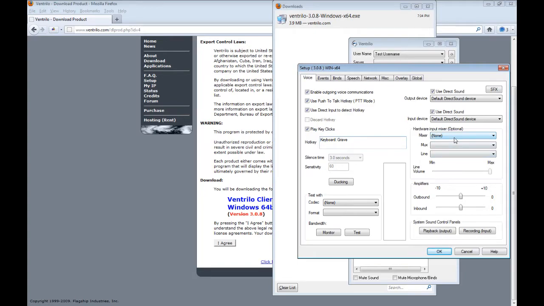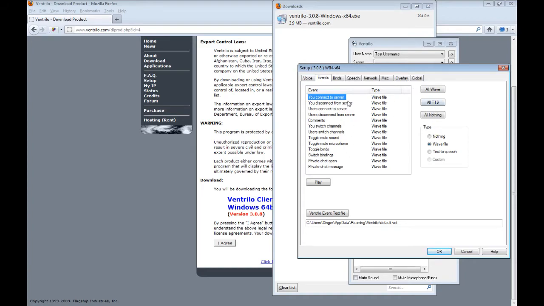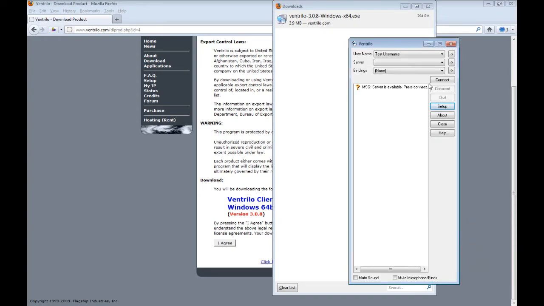Also, I'm going to set hardware mixer to Realtek, and I'm going to set my outbound to 10. That's just because my microphone comes out a little weak over a vent. Next thing I'm going to do is click on events, and this plays sounds for each different thing, like if someone connects to the server. I prefer not to hear all this, so my personal setting is I set everything to nothing and I click OK. Once that's done, you can click on connect, and it will connect you to the default channel for